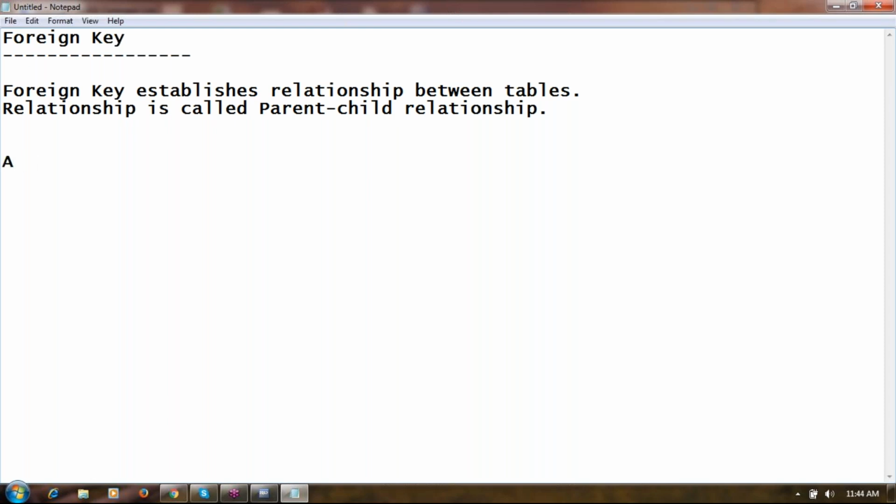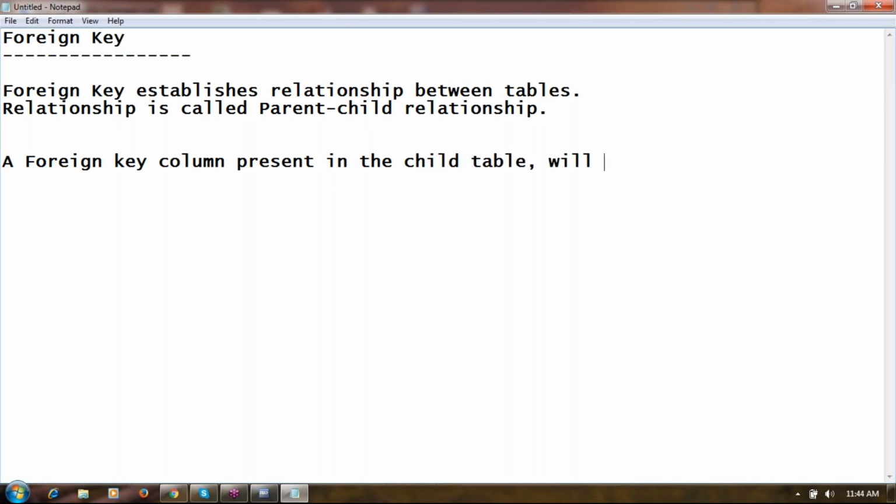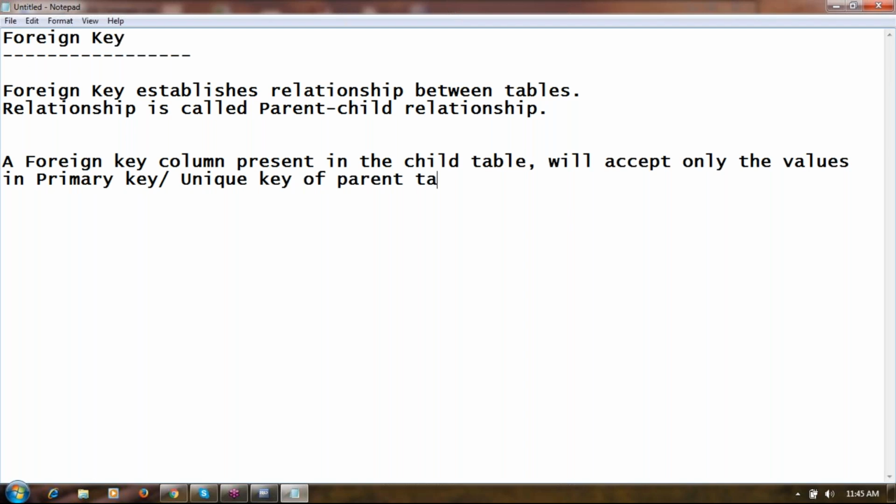A foreign key constraint, a foreign key column present in the child table will accept only the values in primary key or unique key of the parent table.